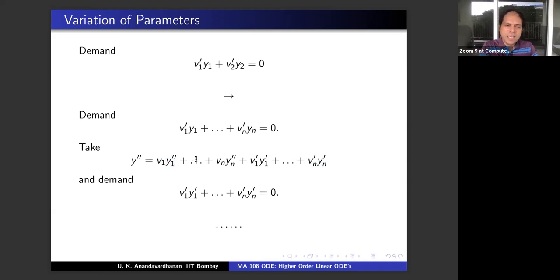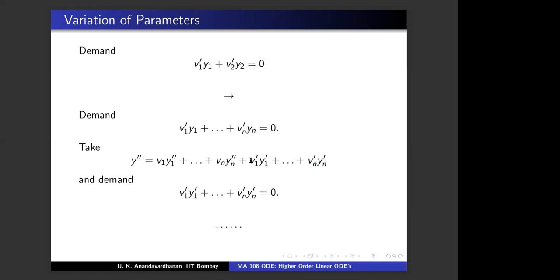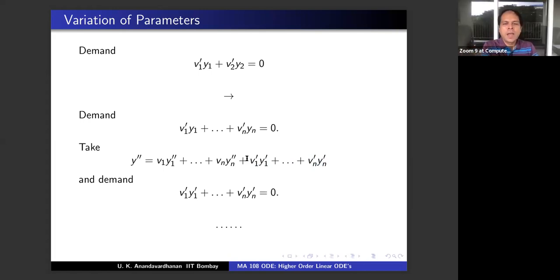That is one way. The easier way, forget whatever I said now, which is correct, but the easier way is how I remember. What I told you now is not how I remember. What I'm going to tell you now is how I remember. Because if you demand this to be 0, and then in the next thing also, if you demand the v1 prime things, etc. to be 0, I will get y1 double prime, etc. there. So I will end up with a linear system where the known parts will be the Wronskian. Y1 will be there, Y1 prime will be there, Y1 double prime will be there, and the unknown parts is V1 prime. And therefore, I can solve for V1 prime, V2 prime, etc.